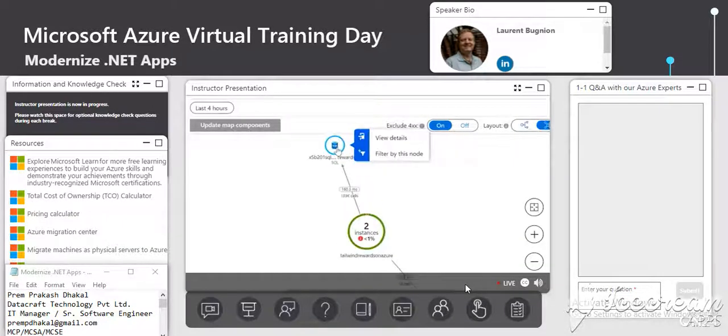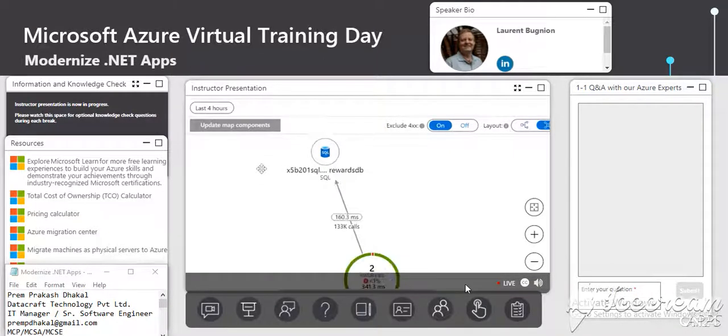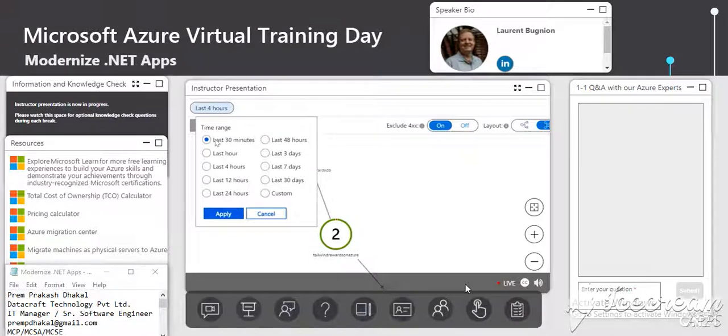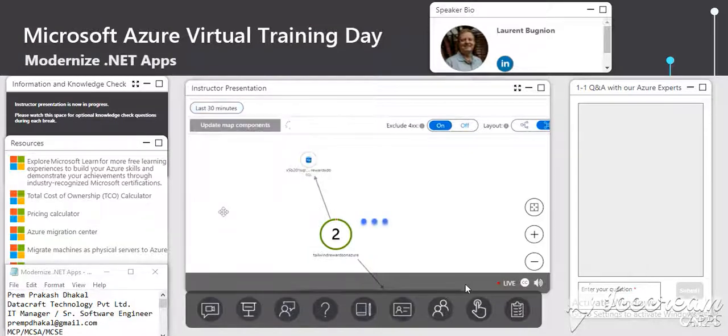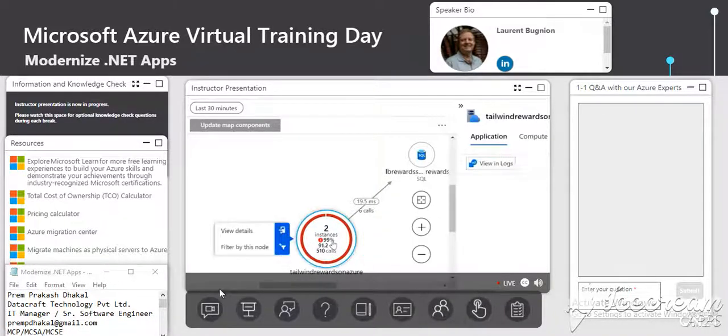And so initially the application was getting its data from a virtual machine here. So it was running SQL Server on a virtual machine on premise. And now you see that if we go to the last 30 minutes, all the requests have gone to the new database, which is our database running on Azure. So now we can see a little bit more information.